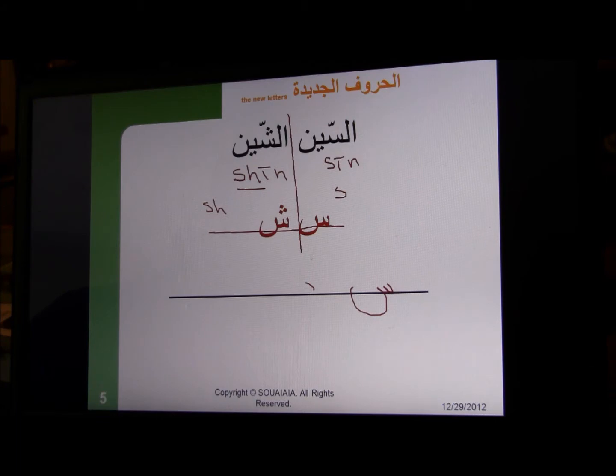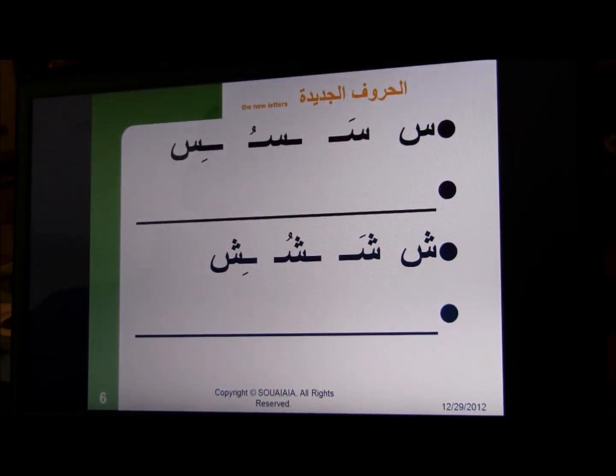And for the sheen, the same thing. So now what we're doing is 3 dents next to each other, then either 3 dots just like this, or just like what we've done with the th, you put that upside down V. Let's look at them in long vowels and short vowels. So with the short vowels,